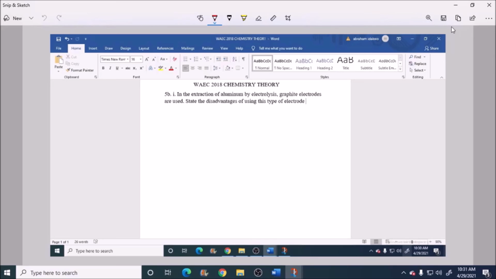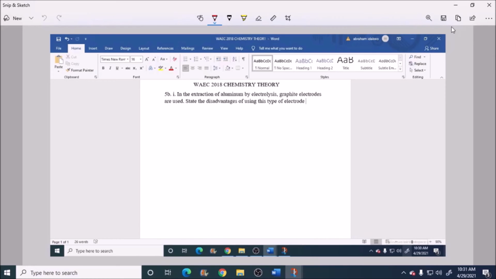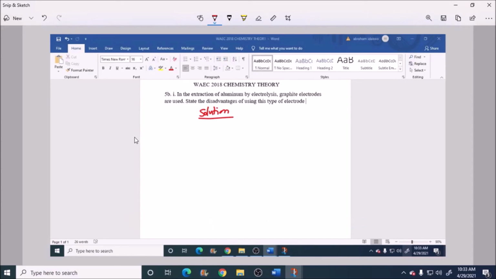So the disadvantage of graphite as electrode in the extraction of aluminium by electrolysis is that at high temperature, oxygen gas produced at the anode reacts with the graphite electrode to form carbon 4 oxide. And don't forget that I mentioned that graphite is one of the allotropes of carbon, so we have oxygen reacts with this graphite to form carbon 4 oxide. So at high temperature, oxygen gas produced at the anode reacts with the graphite electrodes to form carbon 4 oxide. So we say that at high temperature, that is